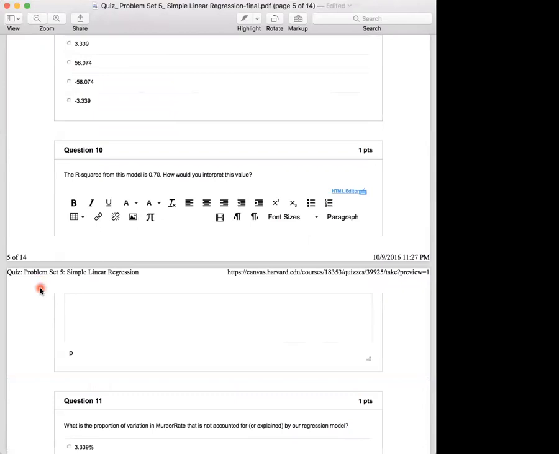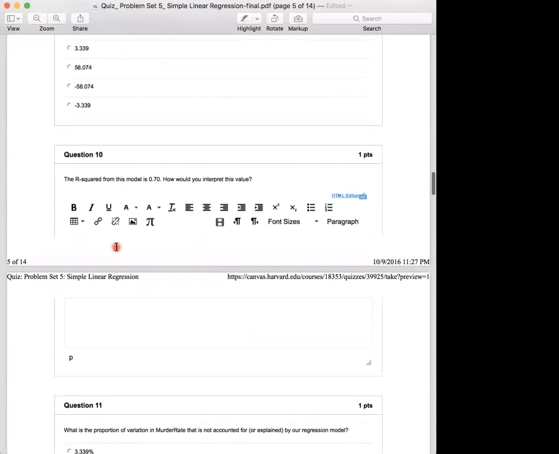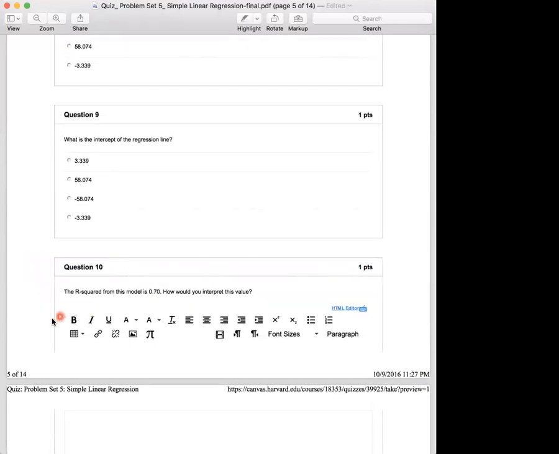And now we tell you what the R squared is, and we ask you to interpret this. And I would interpret it this way, and this should be multiple choice: it would tell you that about 70% of the variability in murder rate across the countries in our data set is accounted for or explained by our variable elderly population, or elderly pop. This suggests that the regression line closely fits the scatter plot data. An R squared of 0.70